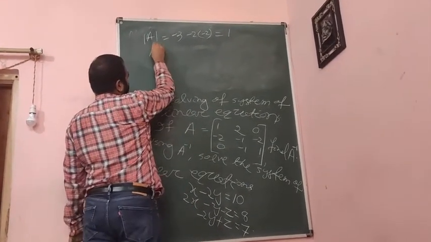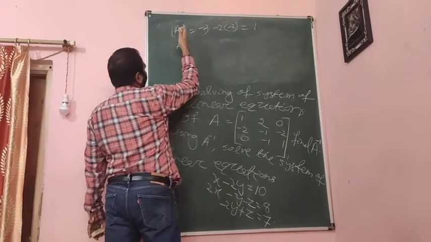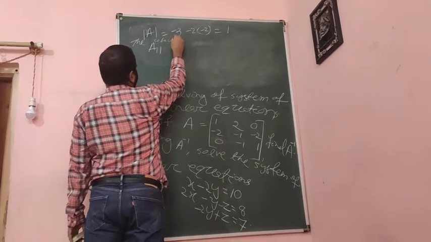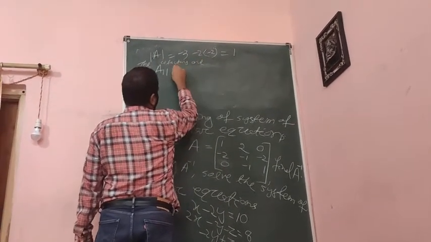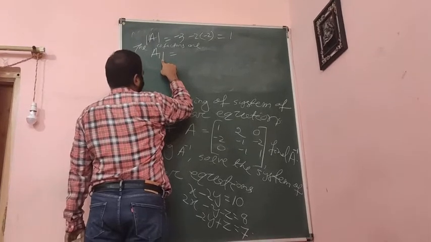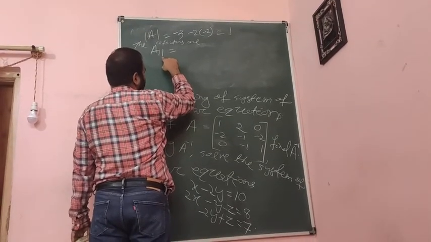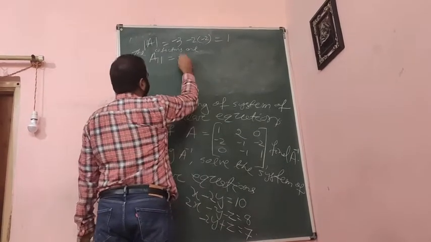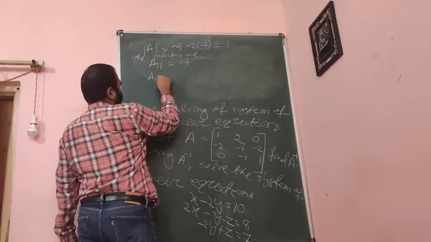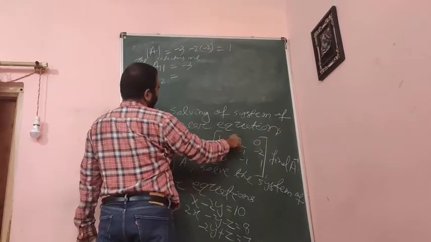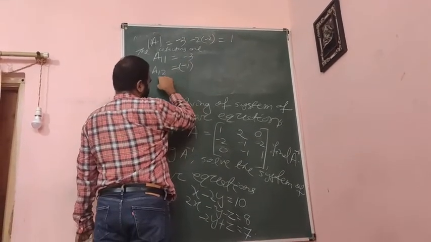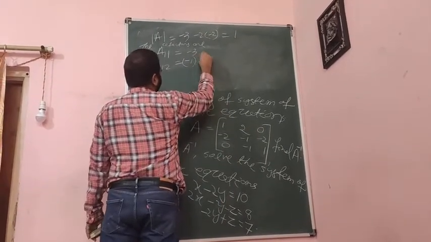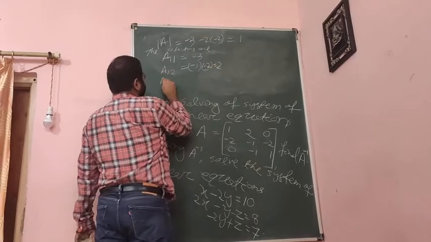First you have to find the determinant. Then to find the adjoint, cofactors are required. You can write the cofactors. What is A11? 1 plus 1 is even, so it is plus. Omit this, it is minus 1, minus 2, it is minus 3. A12: the sum is odd, so it is minus. You omit this, you will get minus 2. So finally it is plus 2. And what is A13?